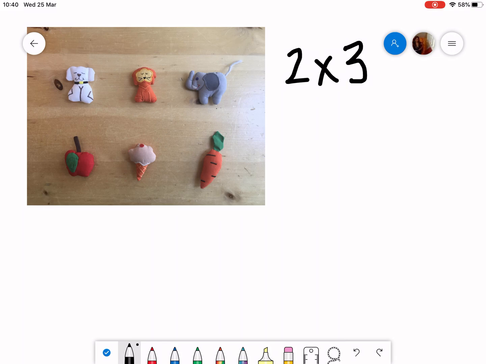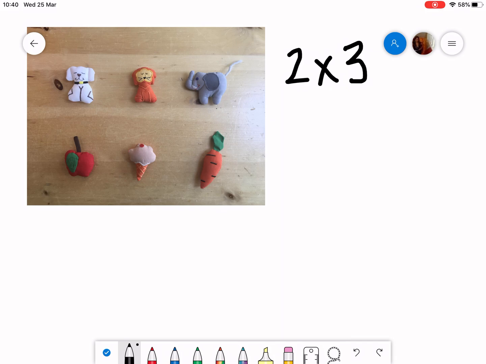So what I have done is I have done an array for the first question on your sheet, which was 2 times 3. And I've just used some little toys that I found around my house to make my arrays, but you could use anything. So you could use Lego pieces, you could use rolled up socks, you could use other toys that you've found. Anything you can find around the house that you have more than one of, you should be able to use